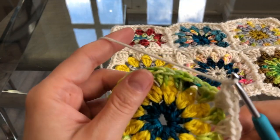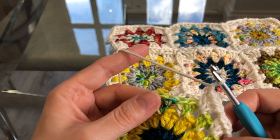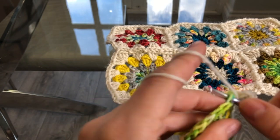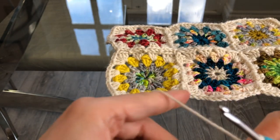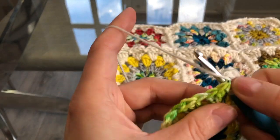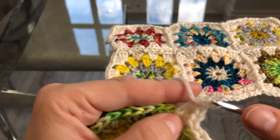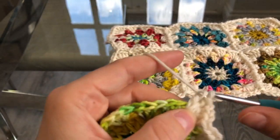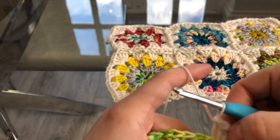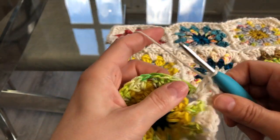Chain 1. We have done the first 2 clusters, so now it's time to do a next corner. Corner, as I said before, consists of 3 trebles, chain 1, 3 trebles, all into the same space from the previous round. And that's our second corner. And continue around. Chain 1,